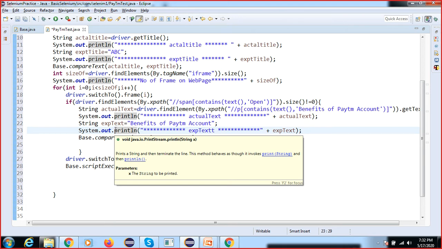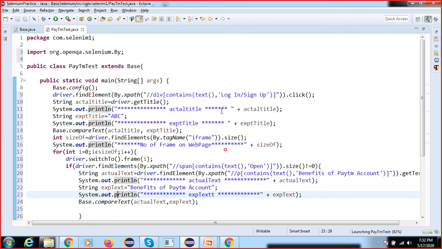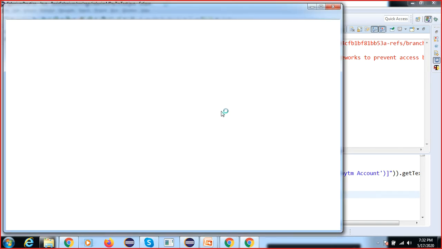The method name is display message. Okay, so I'm going to execute this code now. Okay, let's see.